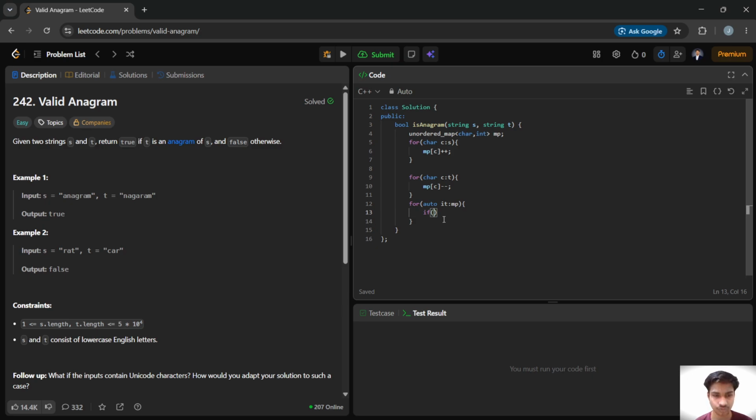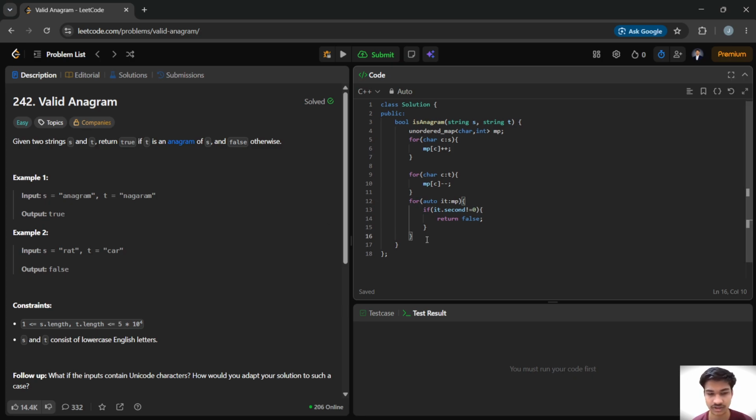So we return false. Otherwise, all frequencies balance, which means the strings are anagrams. So I return true.